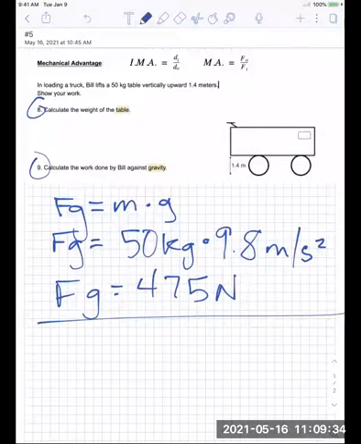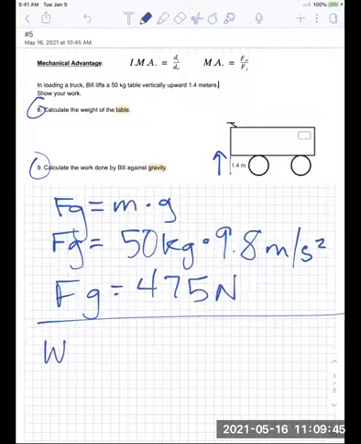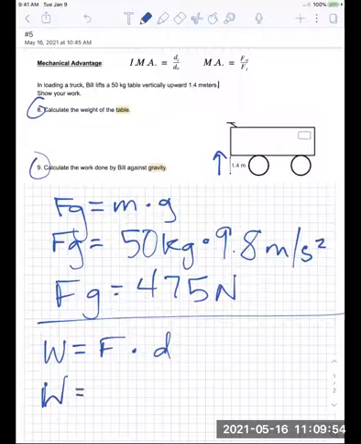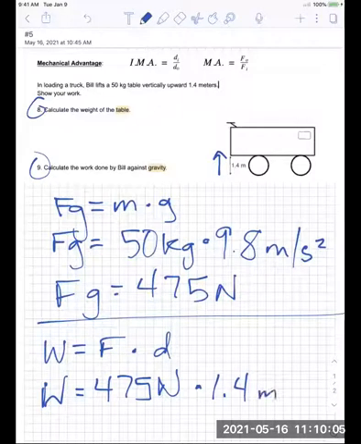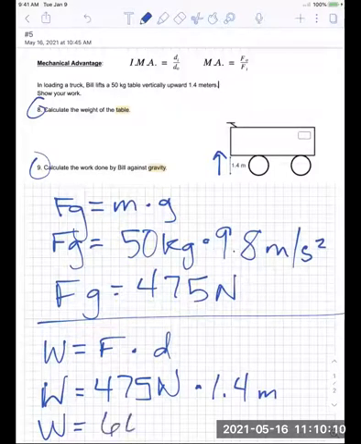So the next question wants us to calculate the amount of work done by Bill against gravity, which means that we want to know how much work it takes to lift the table up against the force of gravity, 1.4 meters. And so that means that we're calculating work using force times distance. And the force that we would be using in this case is the weight of the object in newtons, because that's the force that's working directly against us, times the distance that we're lifting it up, which is 1.4 meters. So when we do the math and we multiply those together, we get 665 joules is the amount of work